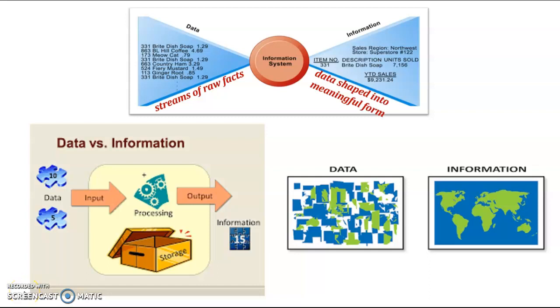Okay, next we look into data versus information. What we call data, what we call information. So I summarize what is data, what is information. Data is something that we call a raw fact, something that you can use in the report